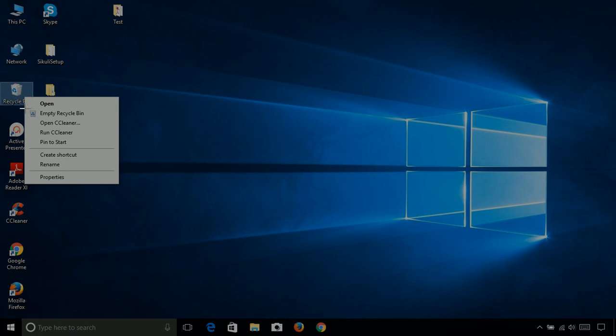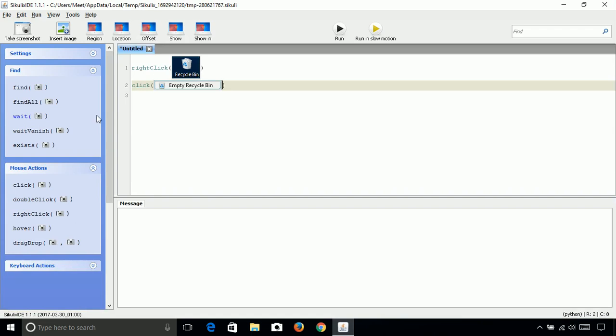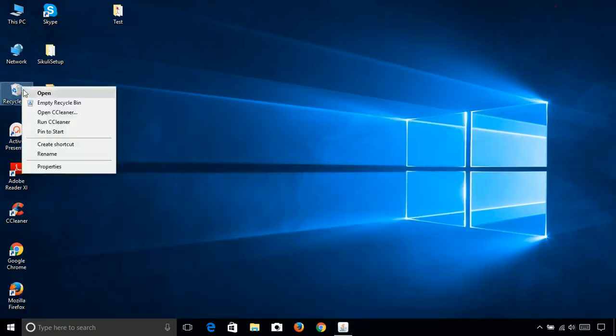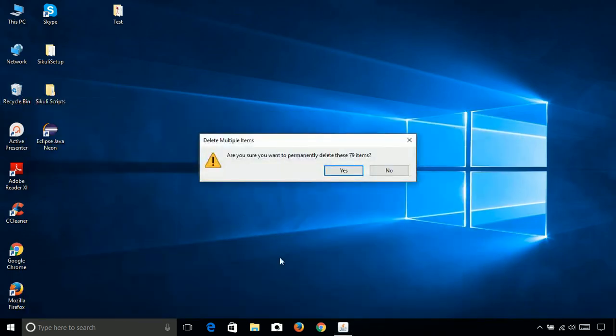Let's drag a box over that empty recycle bin, but after that there will be one confirmation message box that appears. So we want to wait for this confirmation message box to appear on the screen.